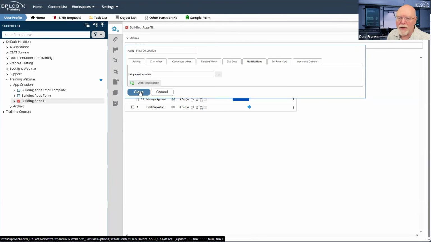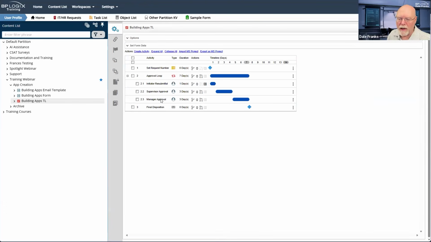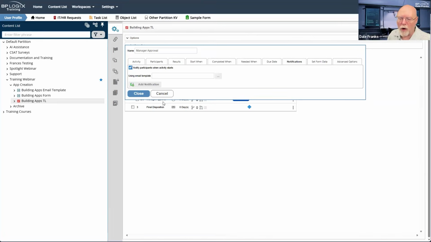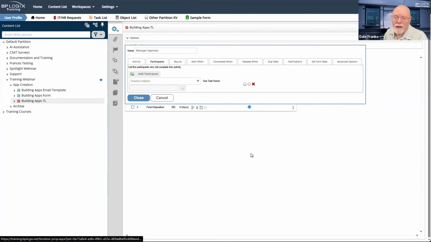If we leave the final disposition activity and just take a look at one of our user activities, and we look at the notifications tab, there is this checkbox, notify participants when activity starts. This also sends a notification, and it sends a notification to whoever is listed on the participants tab of the activity.